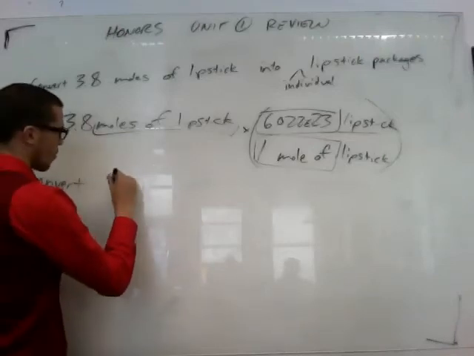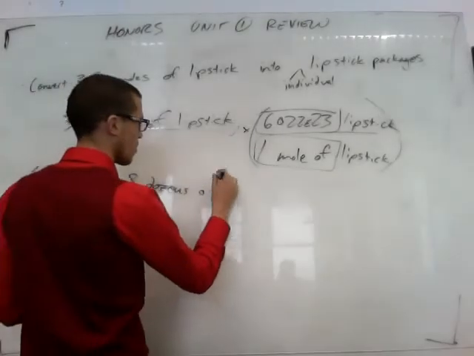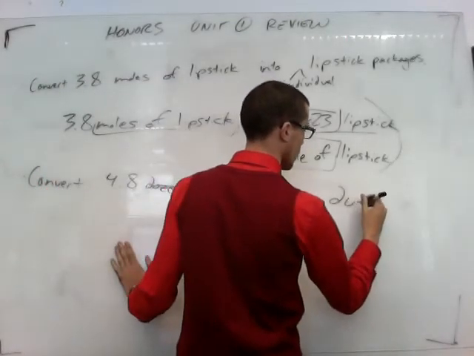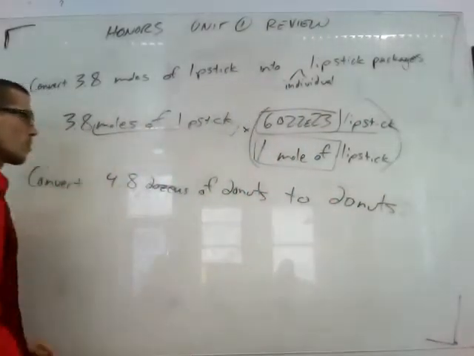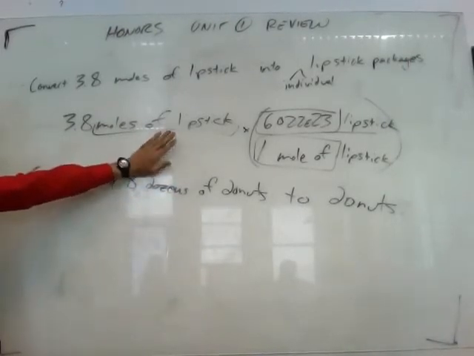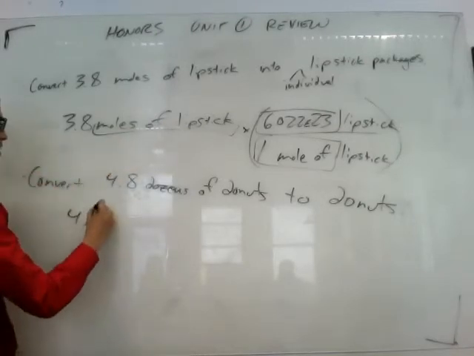Convert 4.8 dozens of donuts to donuts. Donuts, that's how I spell donuts. Okay? This one's a little bit easier to see, but it's exactly identical, or analogous, to this. This is 4.8 dozens of donuts